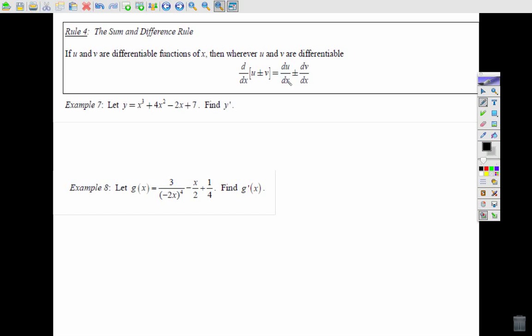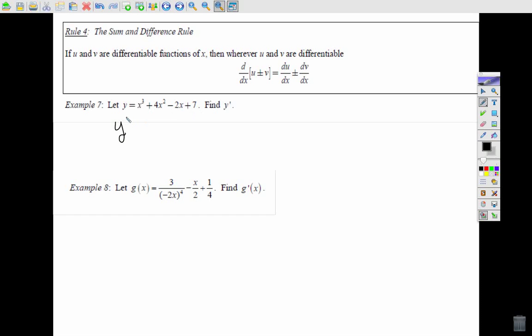All right, that's all this says. So how would you find this derivative? Well, you just do it separately. You follow this part right here, du over dx plus or minus dv over dx. That just means you find them individually, and then you can, at the end, add or subtract them together to